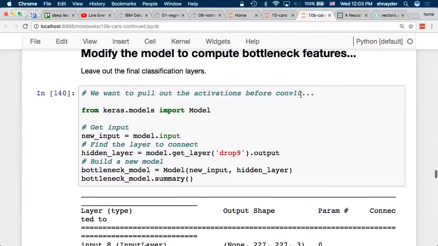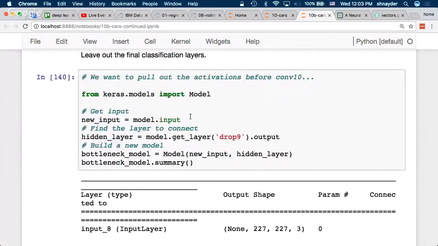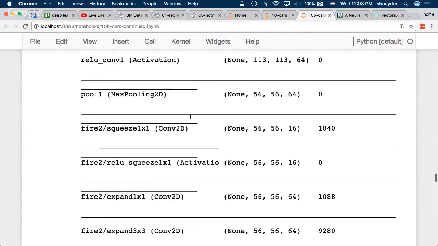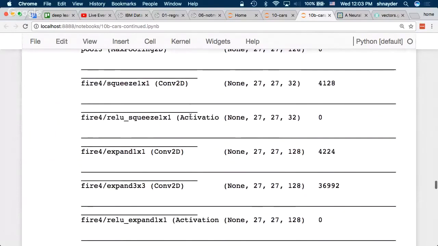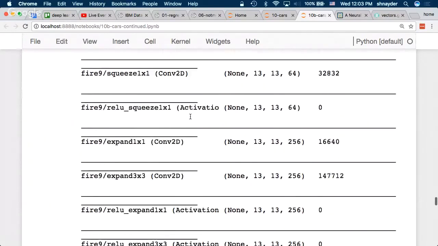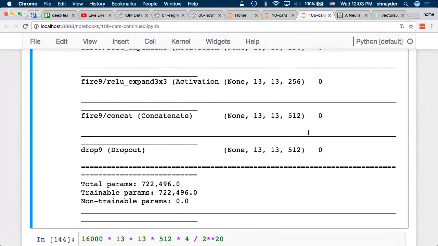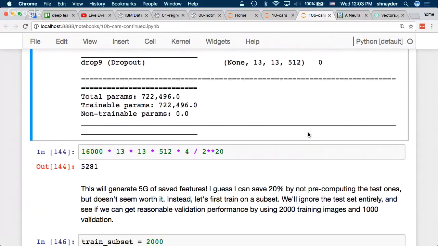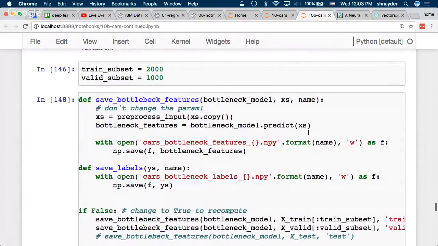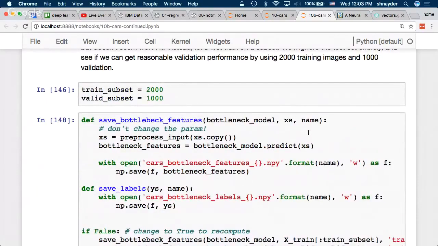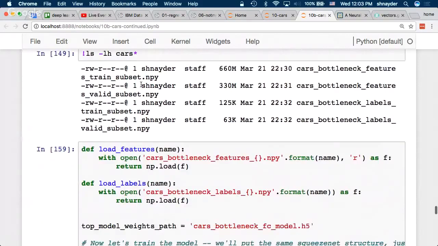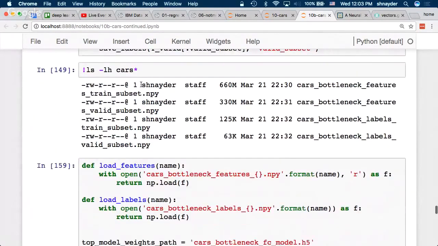for the images. It's more or less the same code that we saw yesterday to pre-compute bottleneck features. We ripped off those final layers, so now we're going to stop here at the last internal layer. This is also where we're going to see the effect of adding more data. I figured I'd start with a small set, so rather than my 16,000 images, I'm going to just look at 2,000 to start. So I did that and computed the features. They're already pretty big.